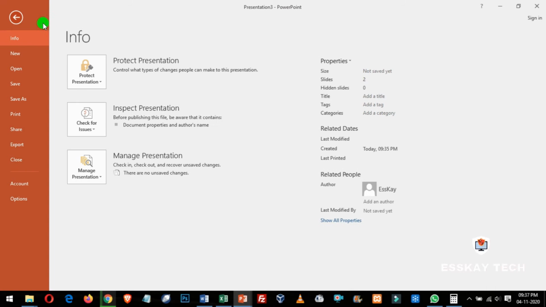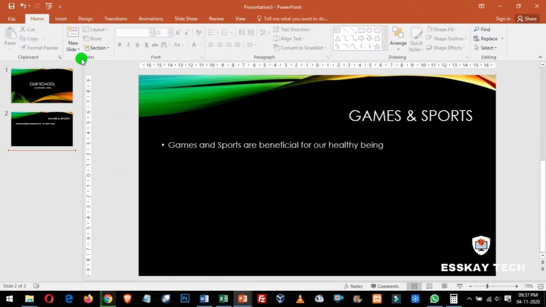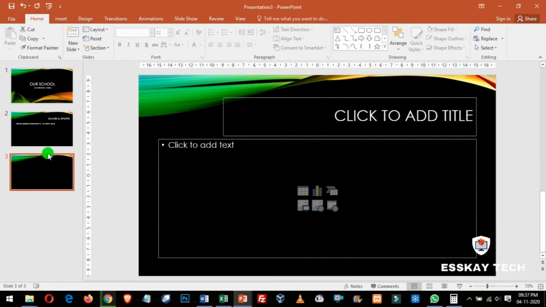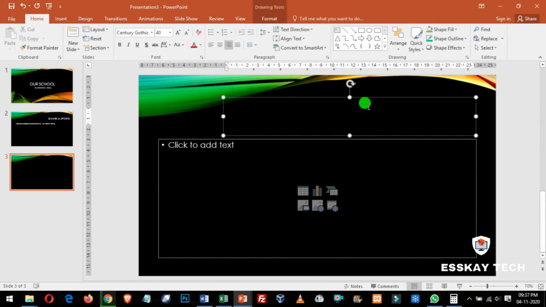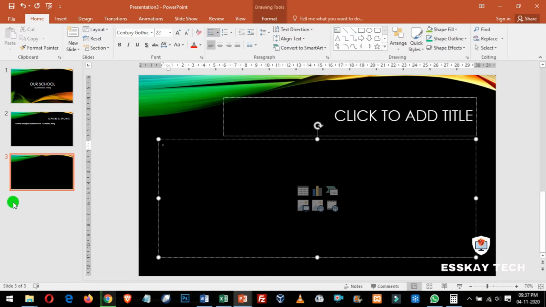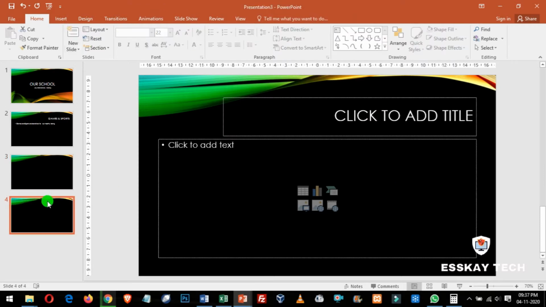Let's say I'll go to this home tab and I'll click on the new slide. When I click on the new slide, what you see is every time the new slide is added, you'll see there is a title on the top and there is a subtitle. Just check it. See,